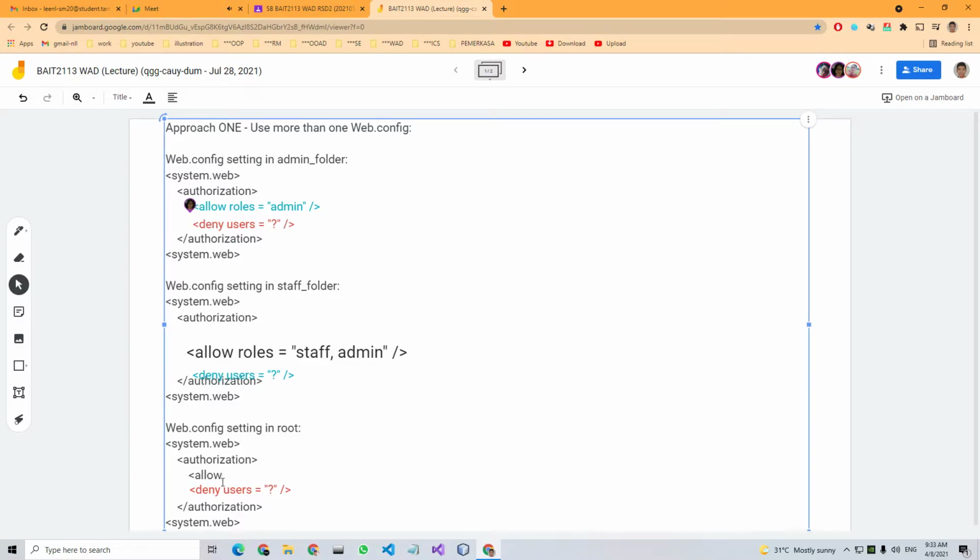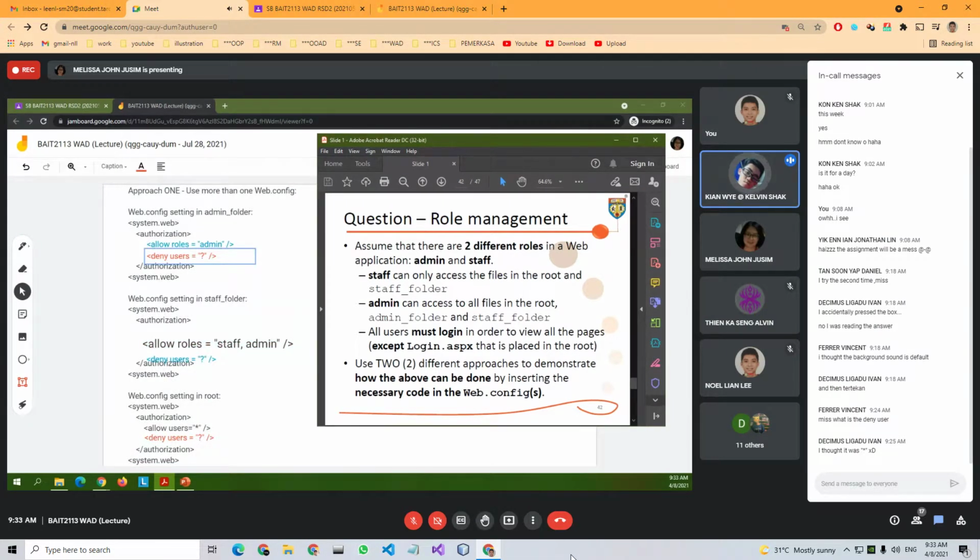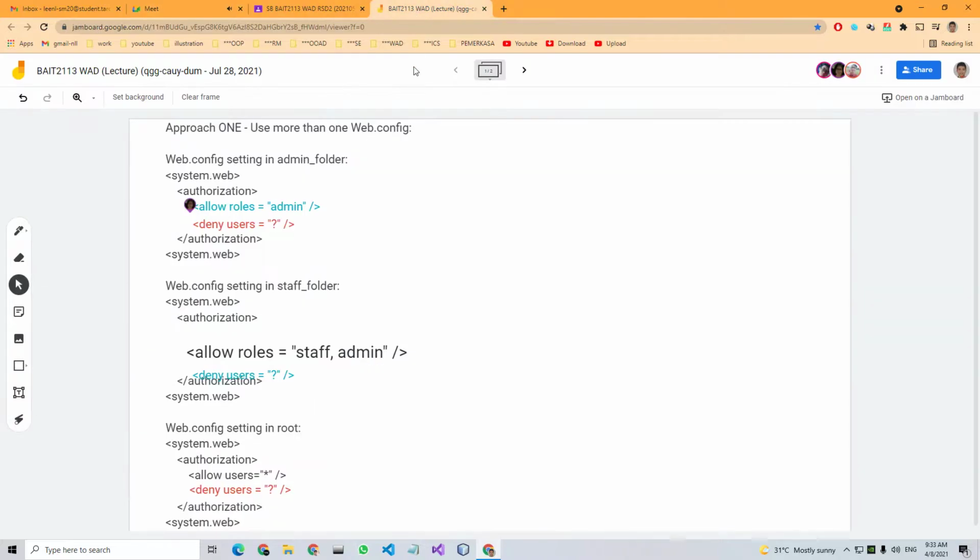To view all the pages means including the child folders. So the admin and staff folder, we should deny all instead of deny anonymous. Because if you use deny anonymous, we don't know what to do with the users that log in and are not staff and admin. Yeah, correct.